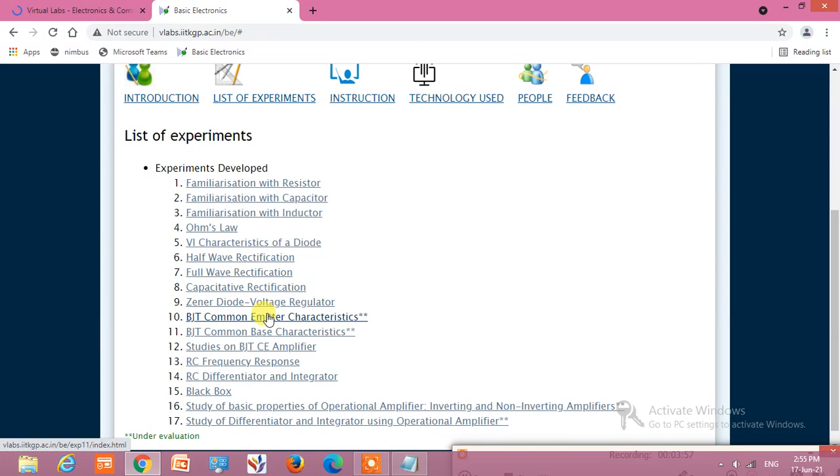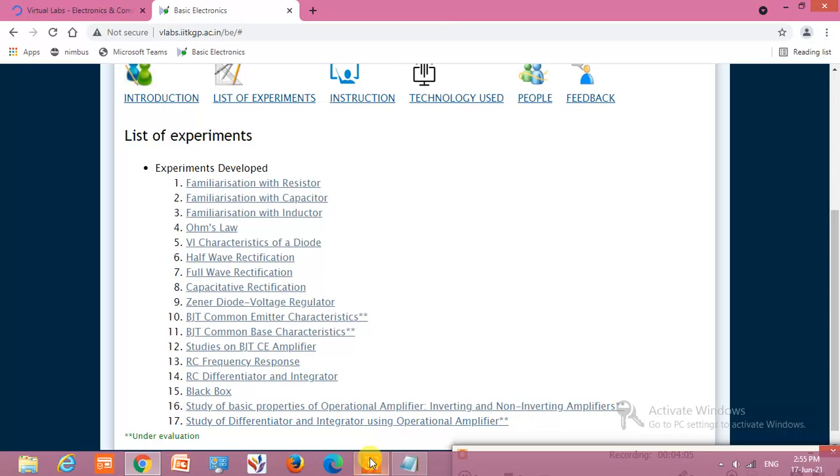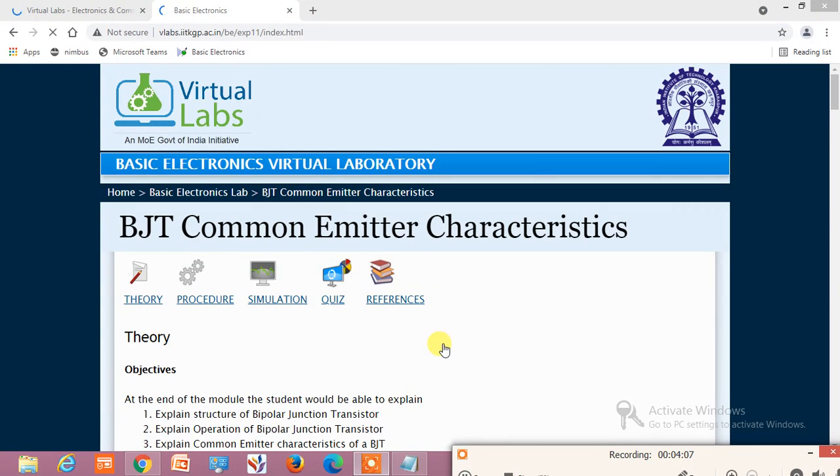Click on this number 10, BJT common emitter characteristics. Now a page has been opened. Here you will find the theory, procedure, simulation, quiz and references. We will start with the theory itself.